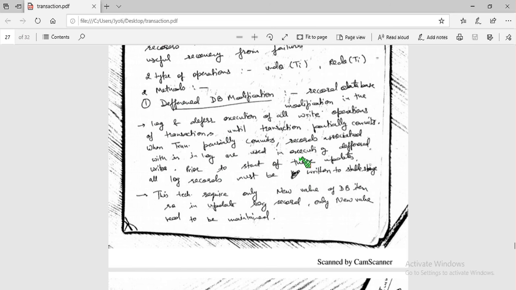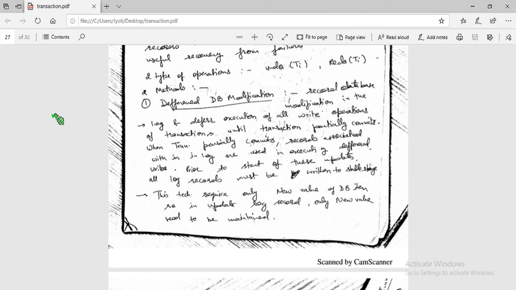Prior to the start of these updates, it is ensured that the log records are written to stable storage. So we are not performing the actual update on the database, we are maintaining logs. These logs are stored in stable storage. When the transaction partially commits, we actually start the modification to the database.